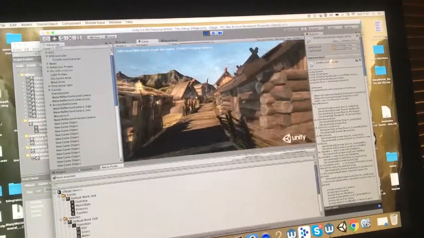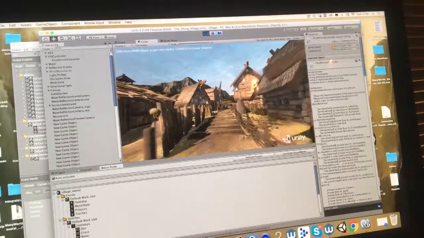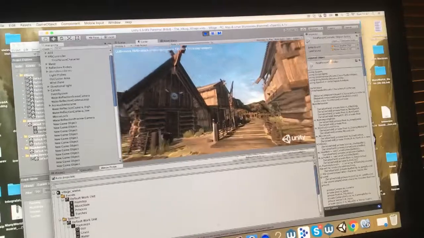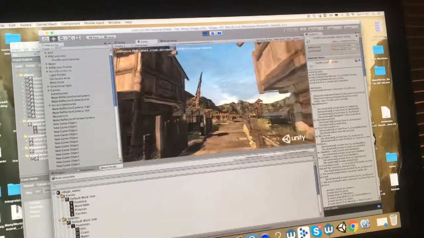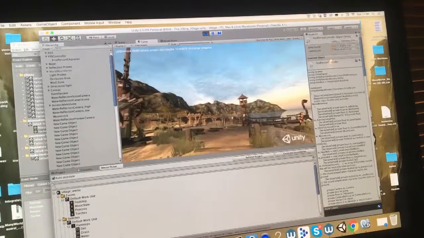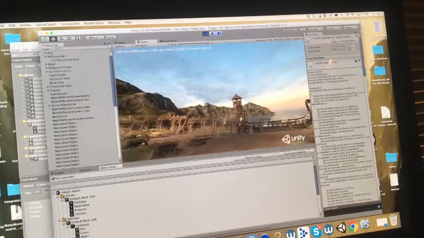Go over and see the randomizer set within Wwise to play